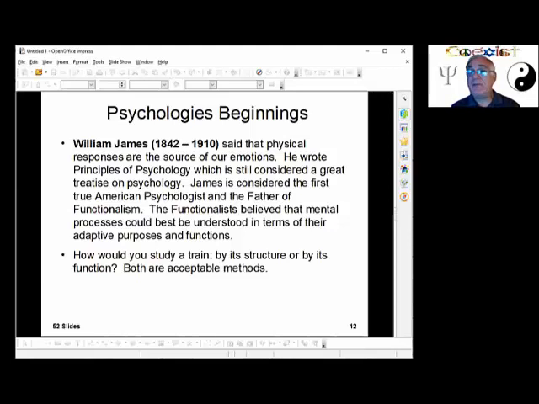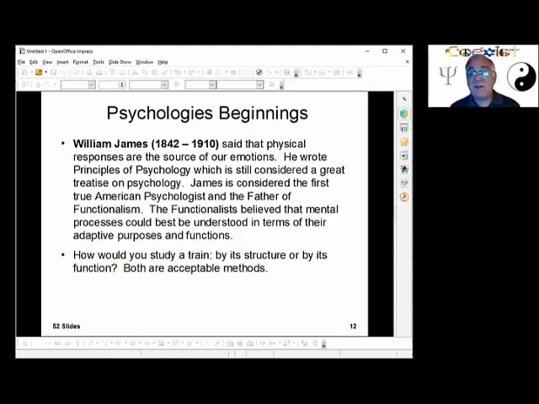He wrote The Principles of Psychology, which was a group of 2 books, which is considered a really good treatise on psychology even today. Even though it has a lot of misconceptions in it, it still brought the idea of psychology into the scientific realm. Like I said, in science, some things are wrong and some things are right. We finally throw out the bad things and we continue on with the good things.